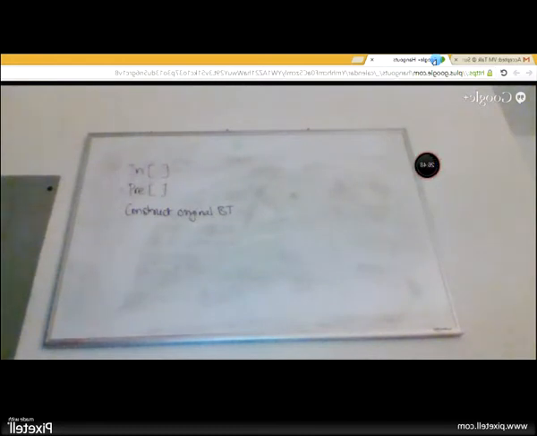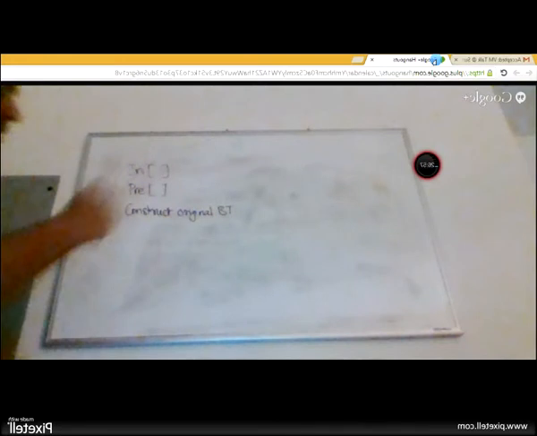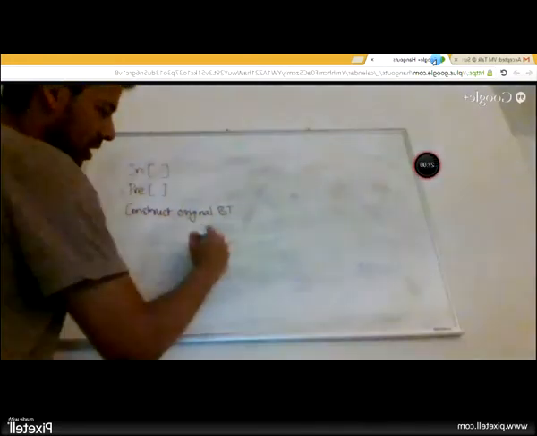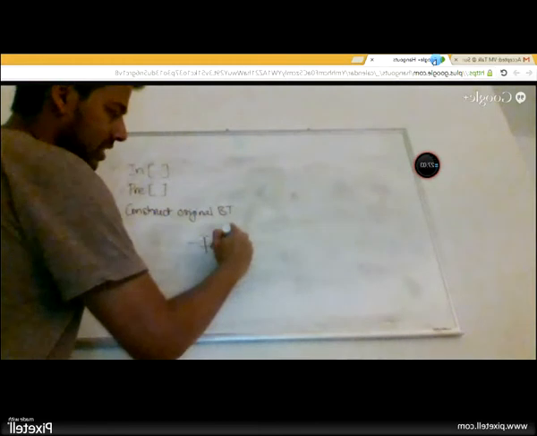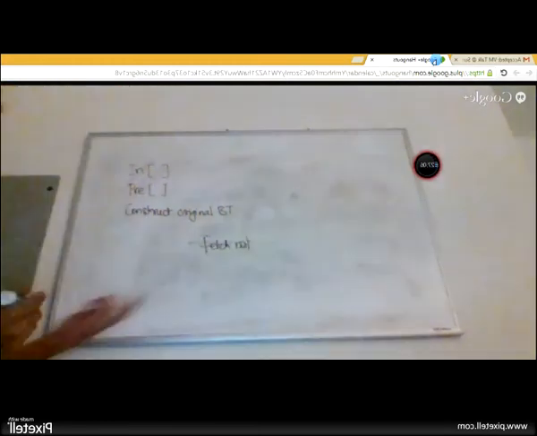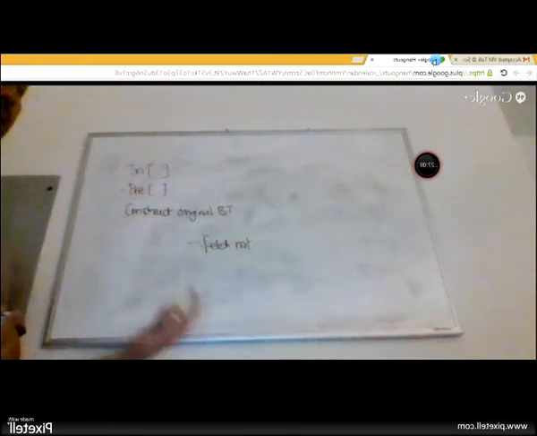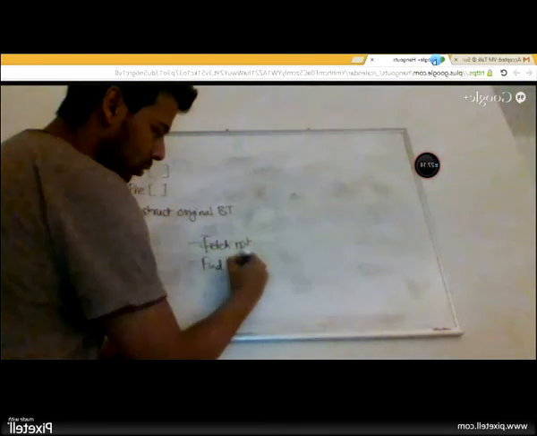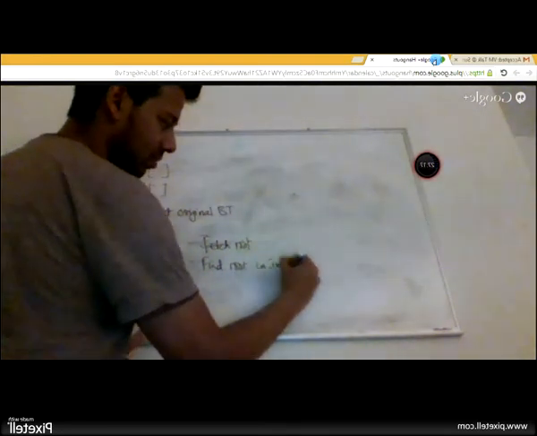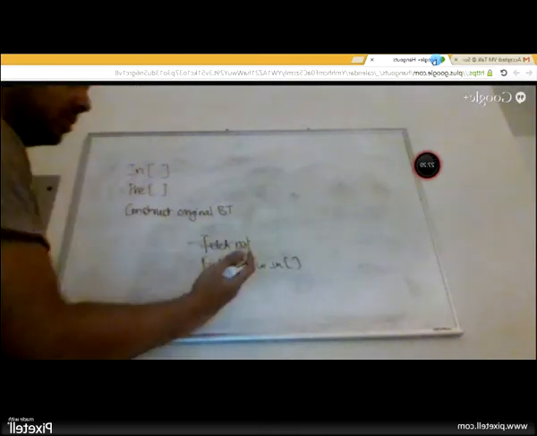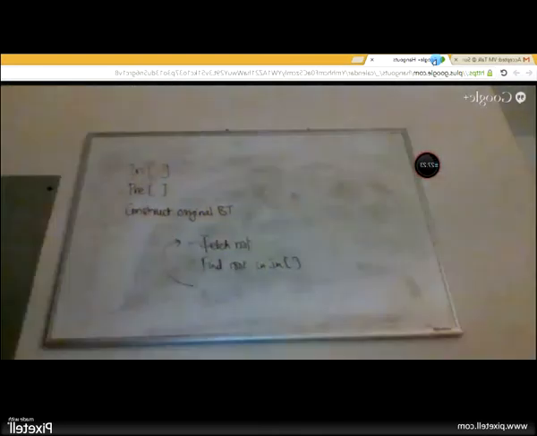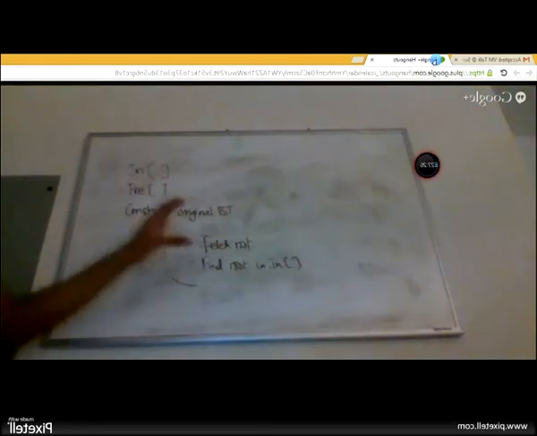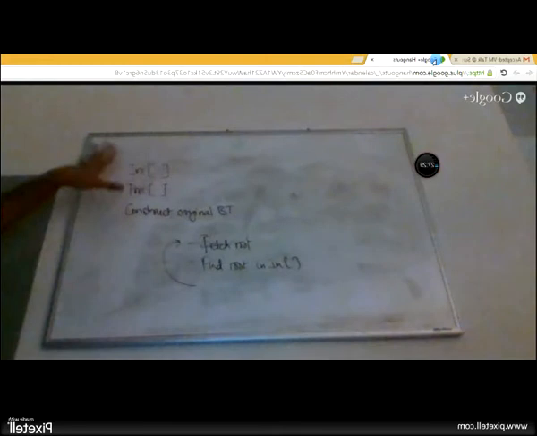So I find out my root node, and then the next node, whether it's the right child or the left child. So it's basically comparing every time. I identify the root of my tree. Then I get the root, which is very simple. If you break this problem down, fetching the root is very simple. It's just the first node. And find this guy, find root in order, and then you just recursively apply the same logic again and again. So these two are the core operations of this problem.